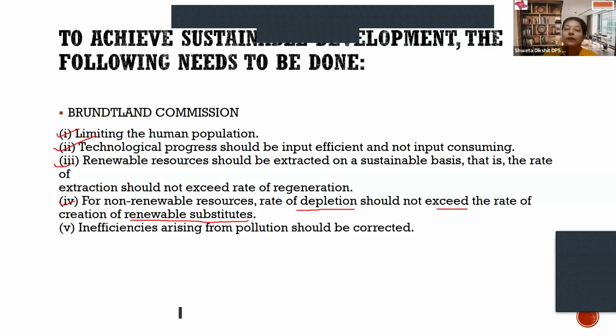Now, we just talked in the last two topics about the various kinds of pollution. So, when we are talking about sustainability, we definitely have to fight against pollution as well. To maintain sustainability, it is very important that pollution be controlled. So these are the proposals of the Brundtland Commission. As per the word limit of the answer, you can explain these points and meet the word limit if it is a 6 marker or 4 marker. Remember, a 4 marker must be 80 to 100 words minimum, whereas a 6 marker should be 100 to 150 words minimum.